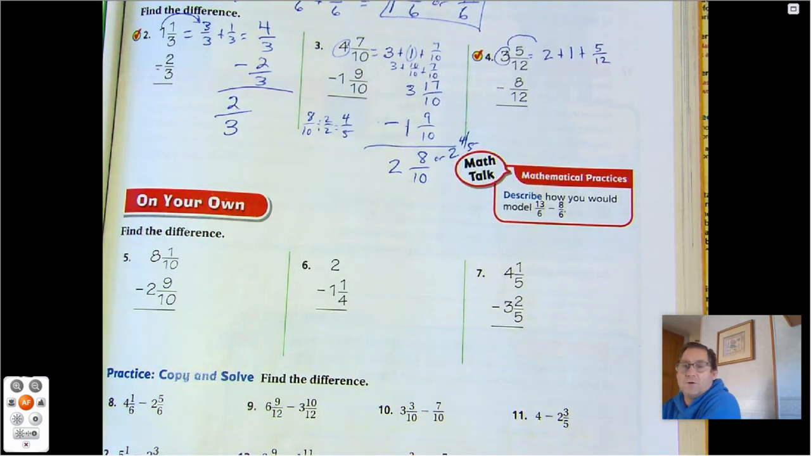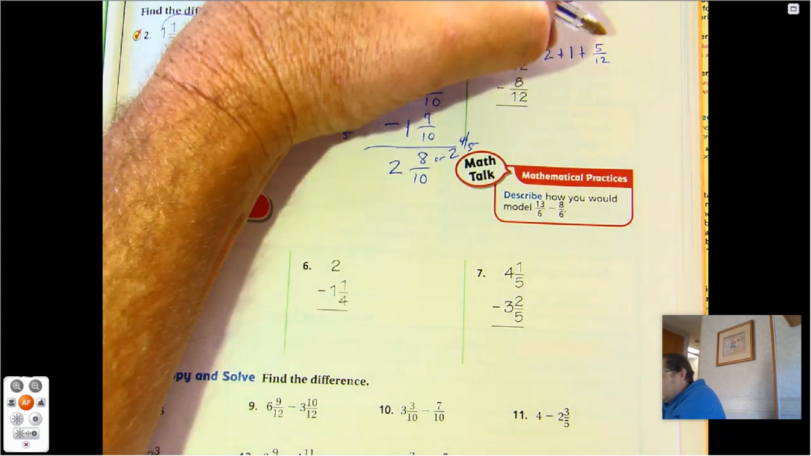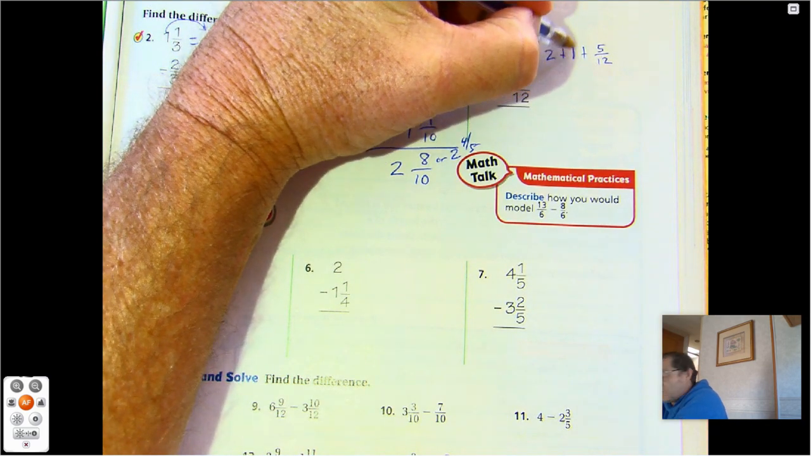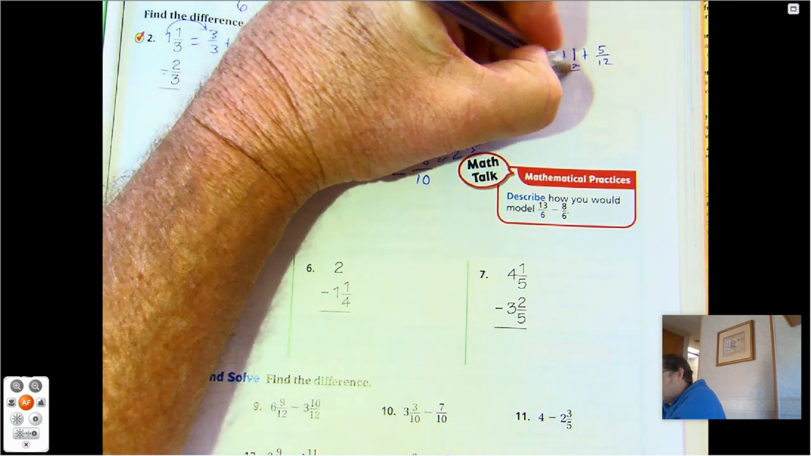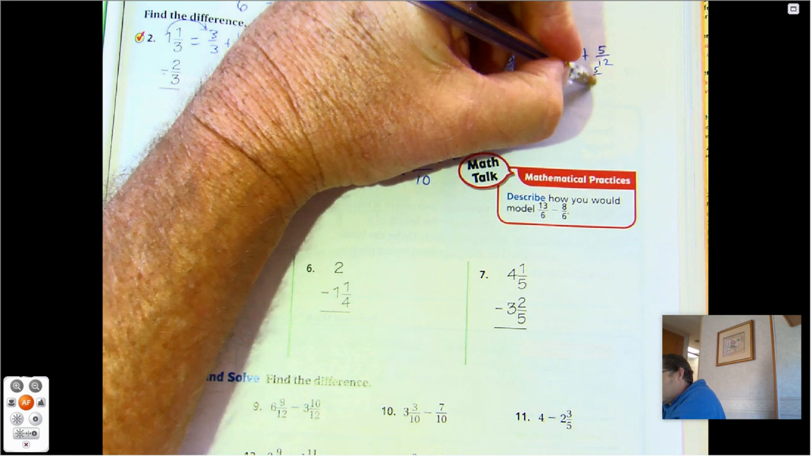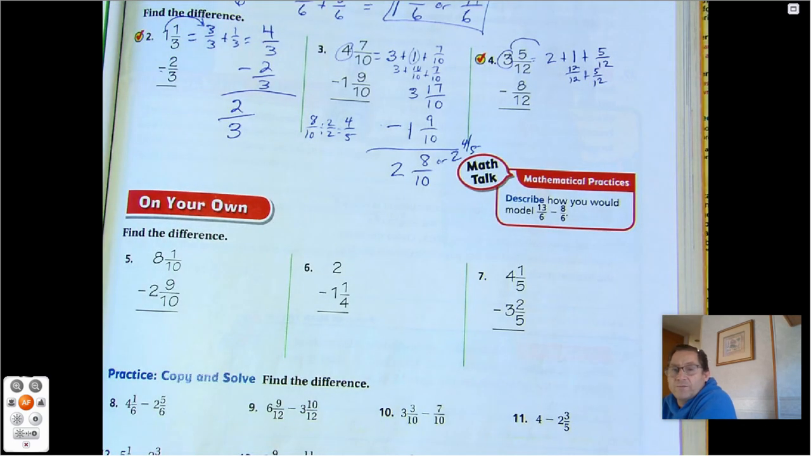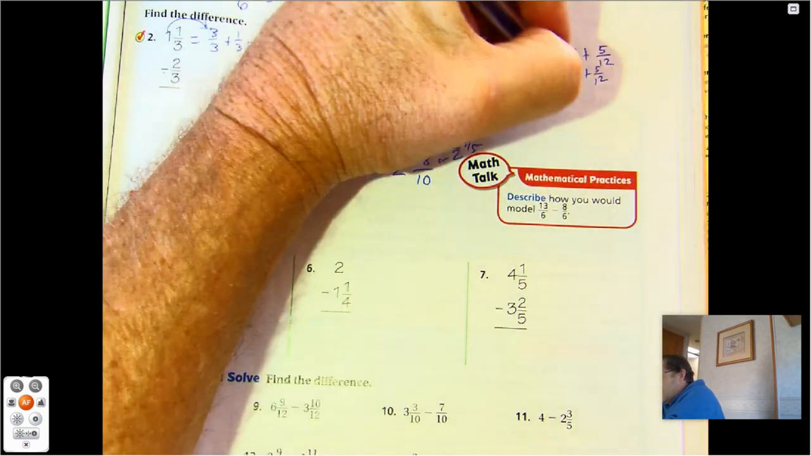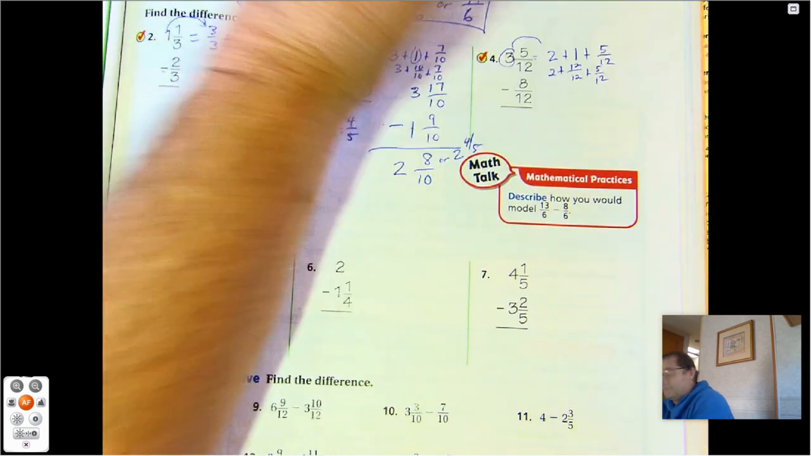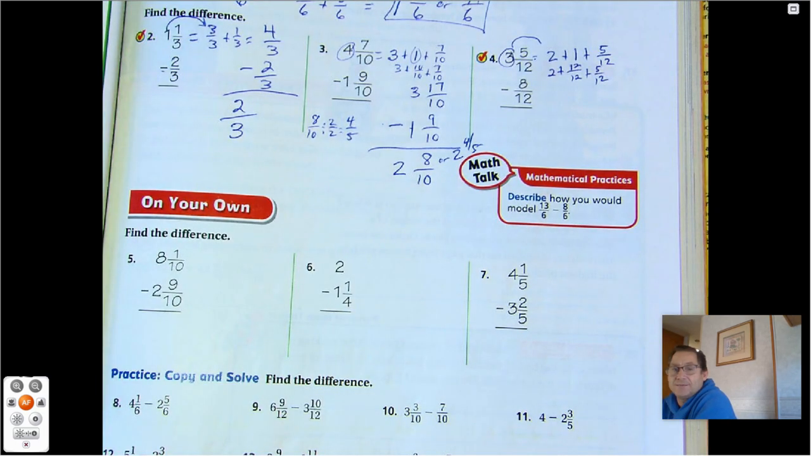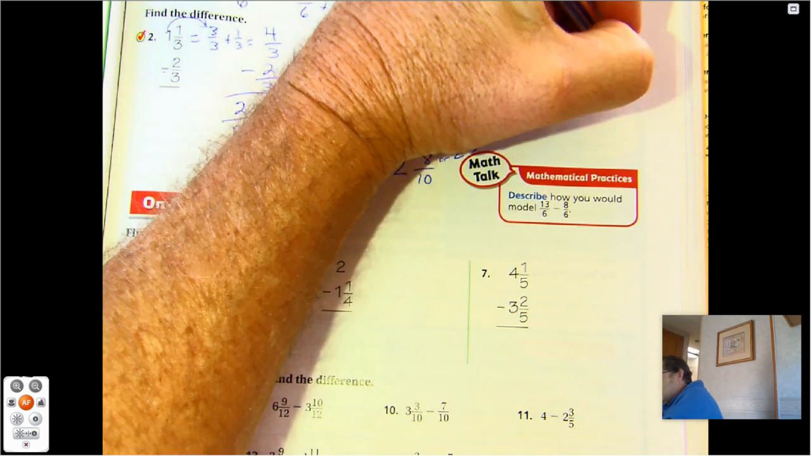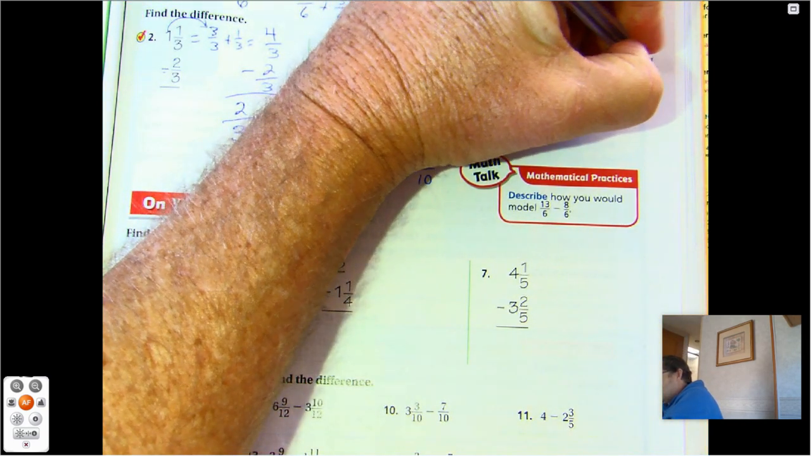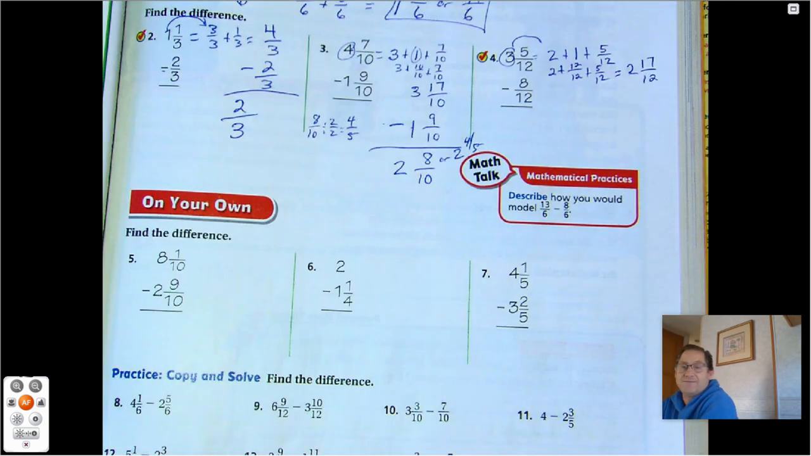2 plus 1 plus 5/12. Well, so the 1 in this problem would be 12/12. So I'm going to exchange the 1 whole for 12/12. And now I'm going to add up those three add-ins. 12/12 plus 5/12 is 17/12. So we have 2 and 17/12